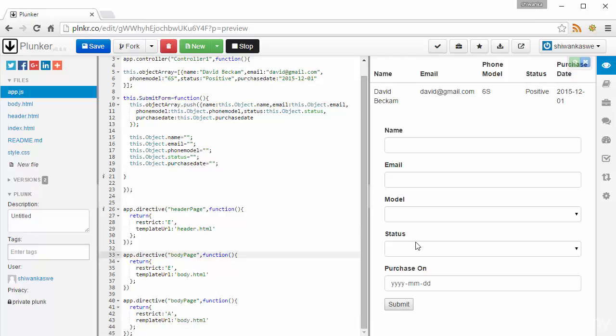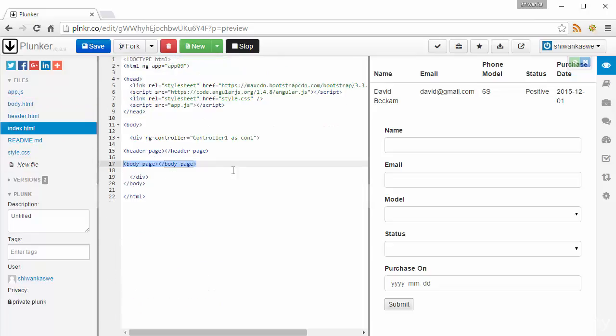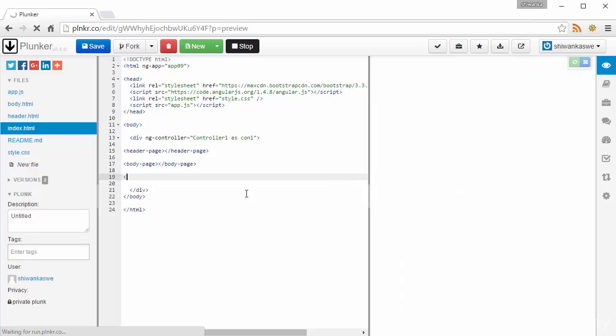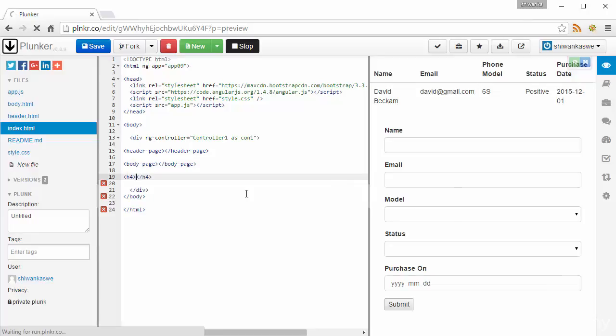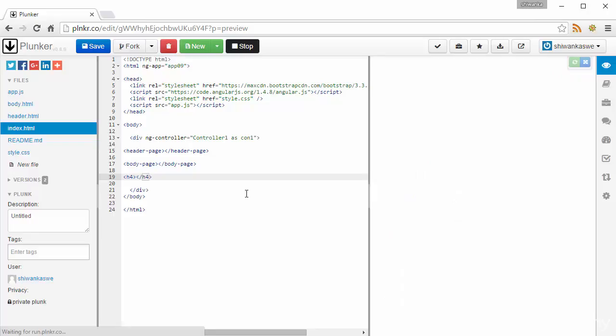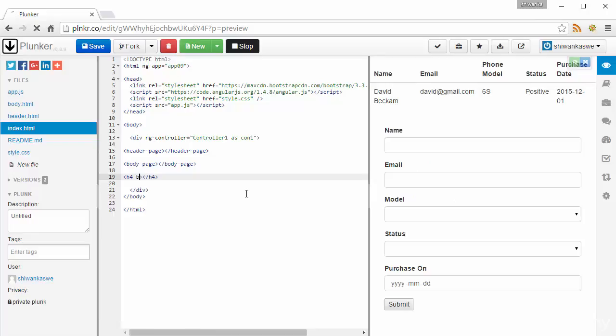In the attribute directive we will add an attribute. We will add an h4 tag, and we will add the custom directive body-page as a custom attribute. This is actually a custom attribute directive, and see if it is added. I have added the h4 tag with the body page attribute,